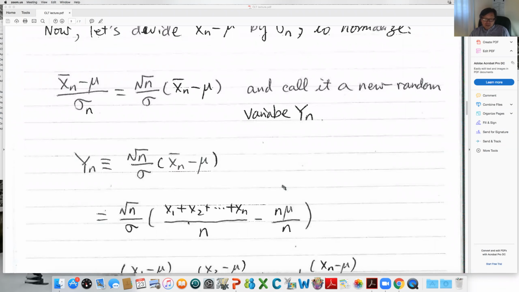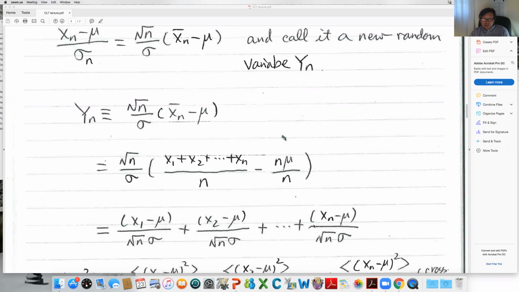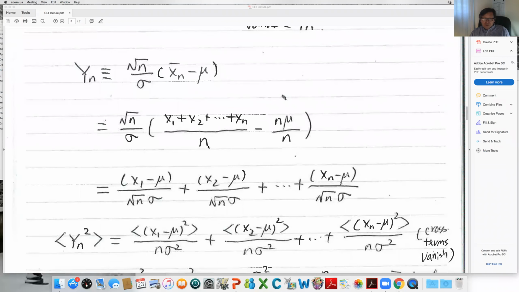Okay, so we remember that this xn is just x1 plus x2 plus up to xn, right? And then this mu I can rewrite as n mu over n, and then I can rewrite it as this. And then I cancel out this n and the square root n. Then I have a square root n downstairs. So what do I have? This yn, this new random variable, is